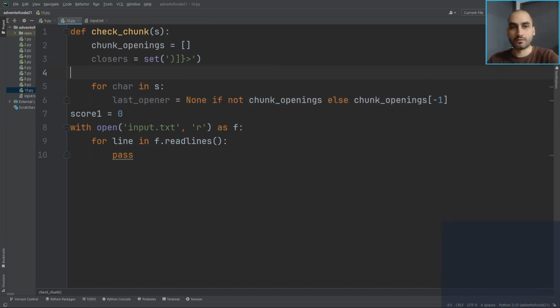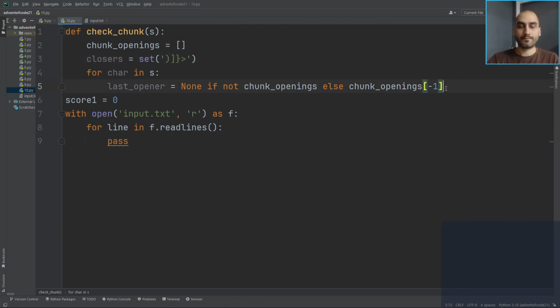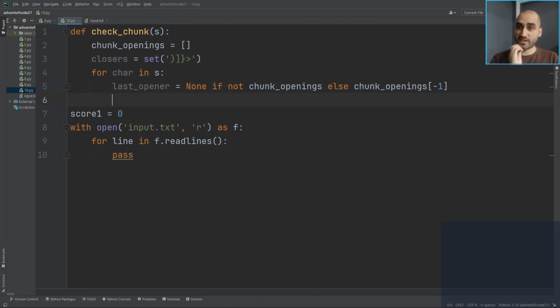Do it every turn. All right, so first we check if it's invalid, because that just immediately ends the function. So if char in closers, so if it's a closer,